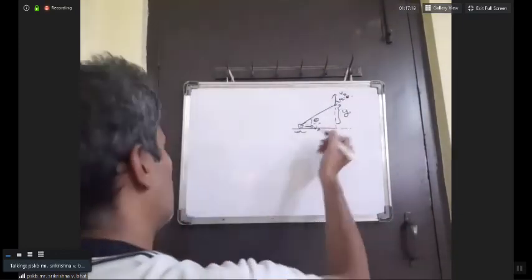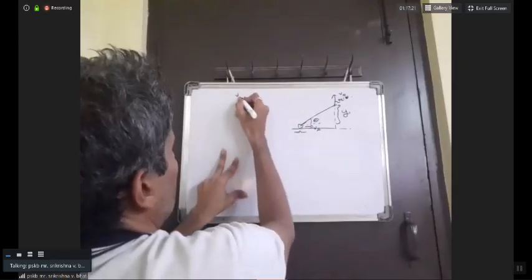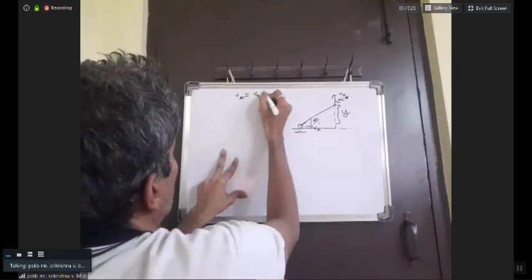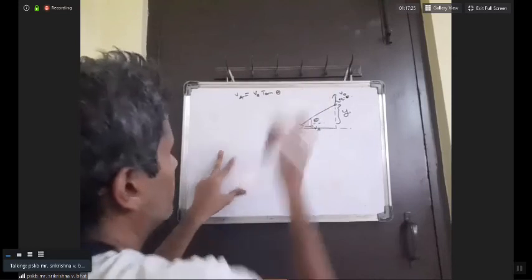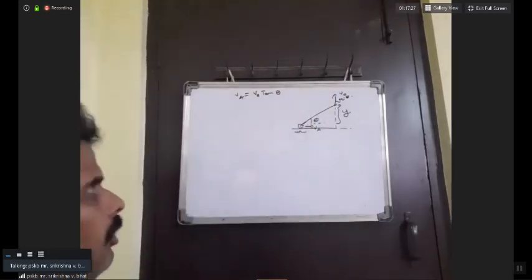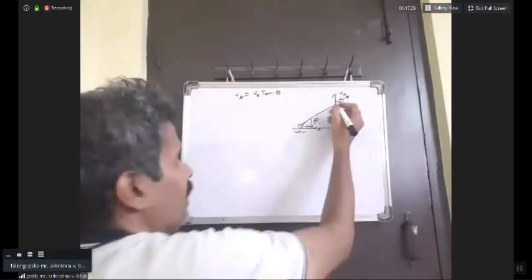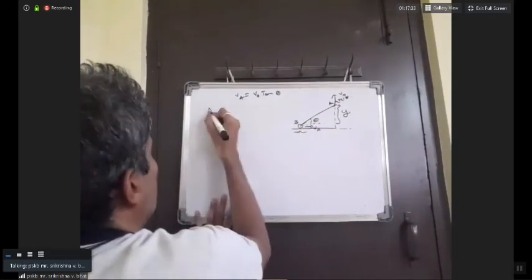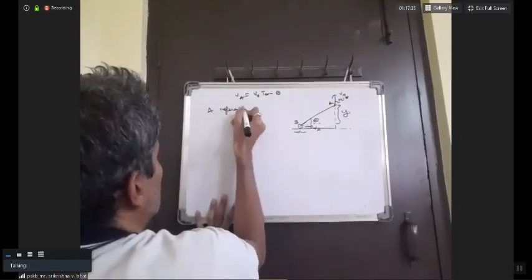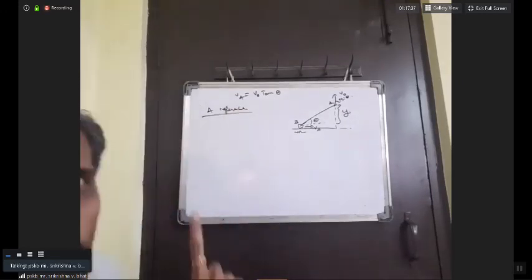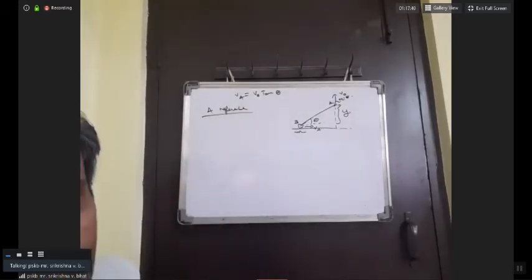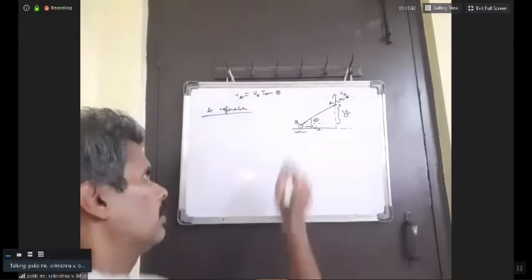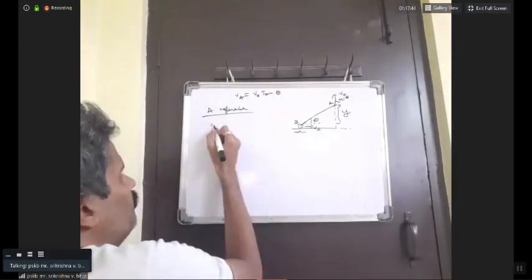Okay. So here, we already got VA equal to V naught tan theta. This is something which we already have. So if I take A as a reference, A is moving with constant velocity, so therefore it's an inertial reference. Now I should find what is the velocity of B with respect to A.